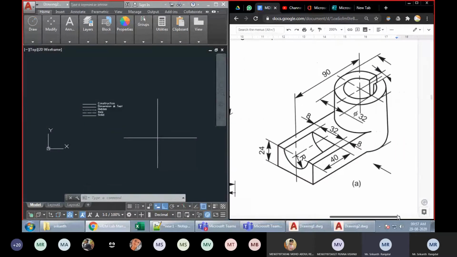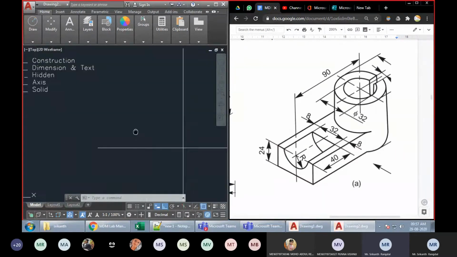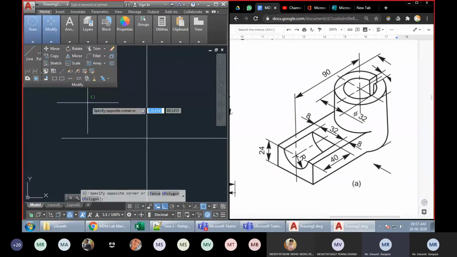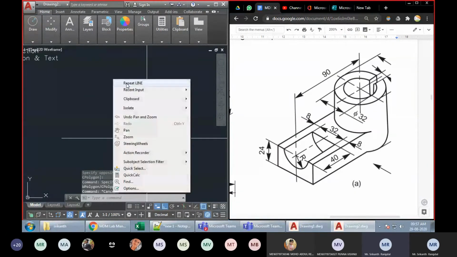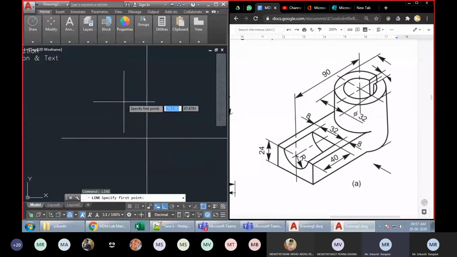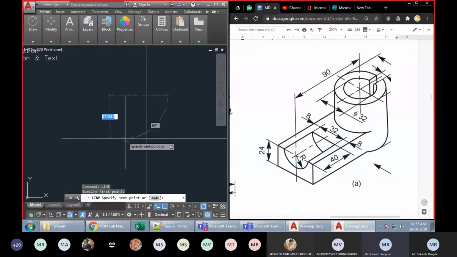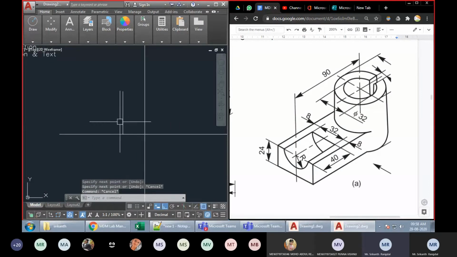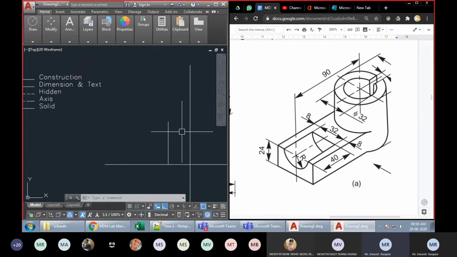Over diagram. Let's begin drawing this. Fine. So this is where I have to start. Let me take the line command again. I can always right click, repeat the line command, and start drawing. I'll just draw a vertical line randomly at one point, and from there I'll start taking all the other measurements. So this line, I will just use it as an axis line.